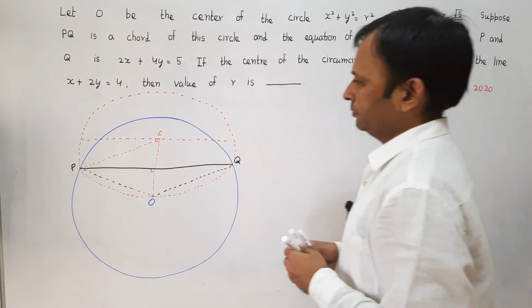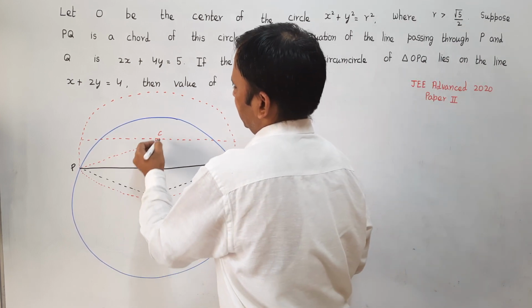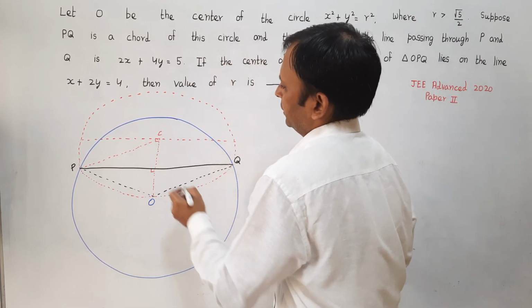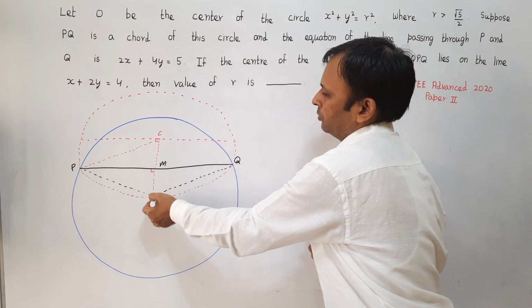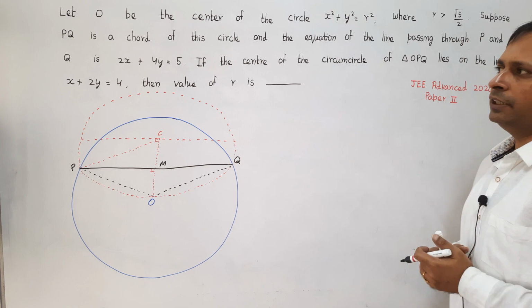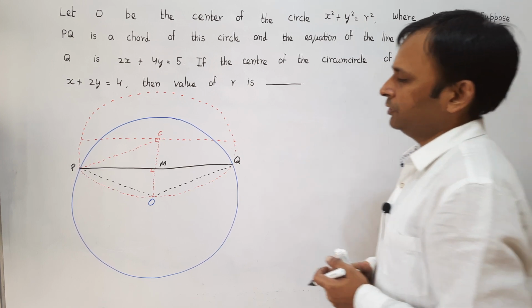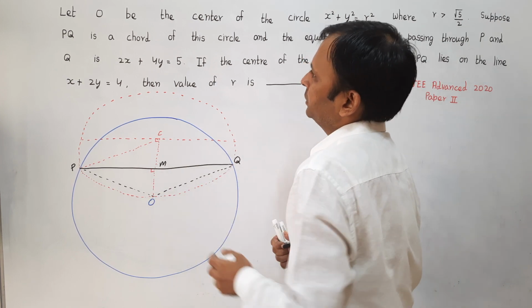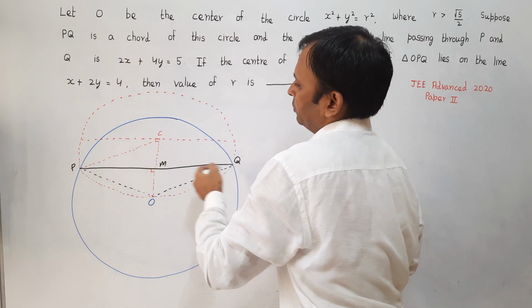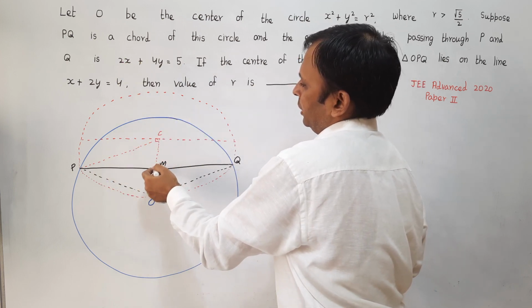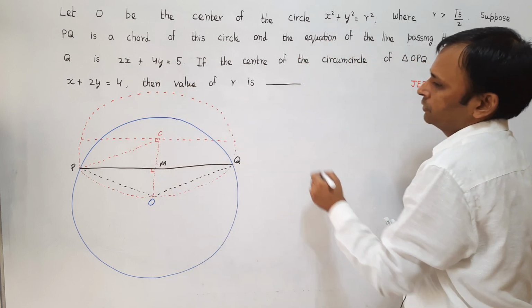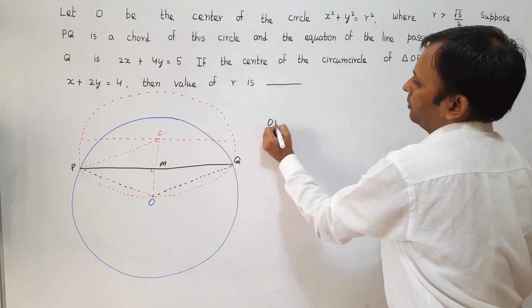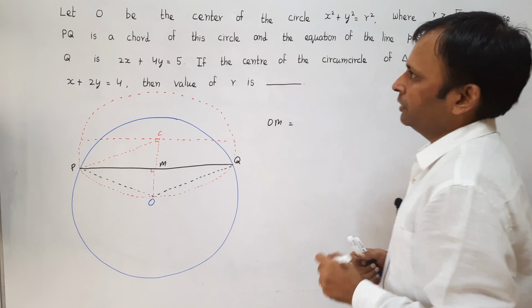Now here, let us first find out some distances. Say this is the point M. What is the distance from O to M? That we can easily find out using the formula of distance of a line from the origin. The line PQ and the origin O will be given by the distance OM. So what is this OM? OM will be equal to